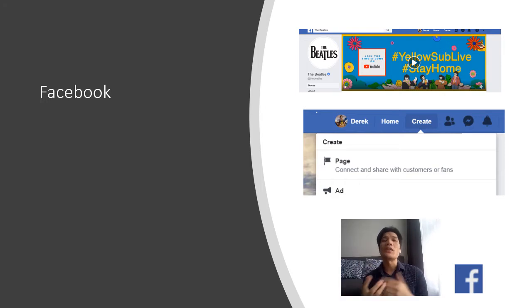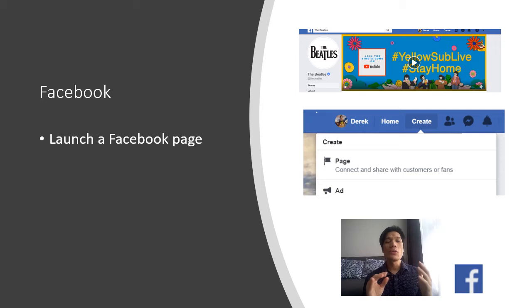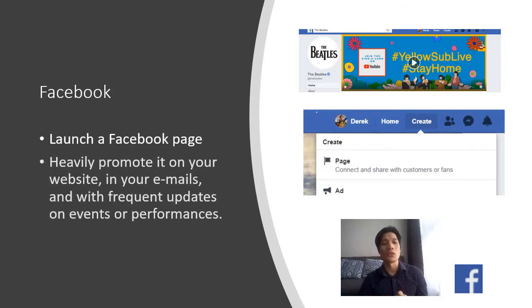Okay, let's start with the basics. Facebook. Create a page for your Facebook by going to the create button on your Facebook and you just create a page. Now, when you launch a Facebook page, you are launching a social media brand, your brand posting on social media. Use it to promote heavily on your website, in your email correspondence. Make sure you have good frequent updates, good content, good events, performances, or even competitions,